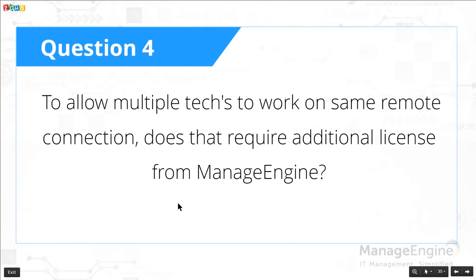Question number 4, to allow multiple techs to work on the same remote connection, does that require an additional license from ManageEngine? Well, technically, no, you do not need an additional technician license. So in the same admin account, multiple concurrent logins can be done, but as per the best practice or